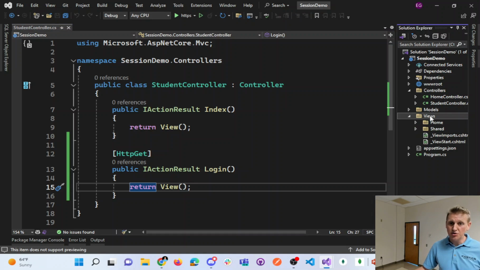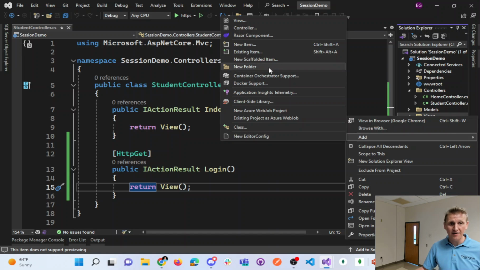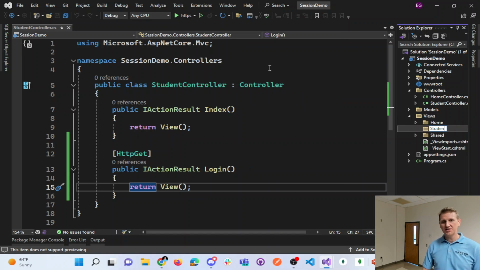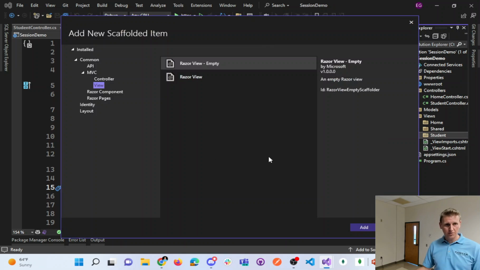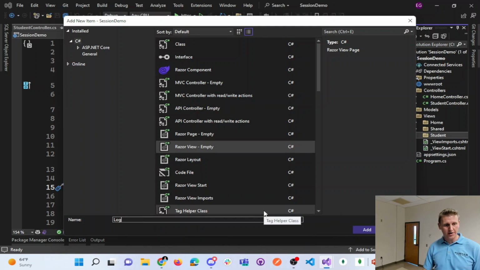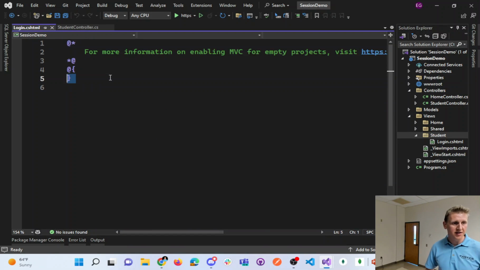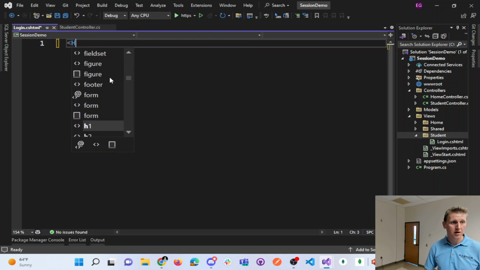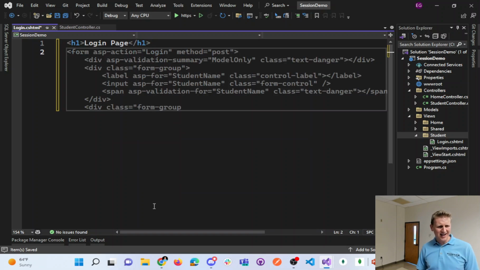which then I need to make a student folder inside of my Views. So add a folder called Student, because that's the name of my controller. And then I need to make a Login Razor view. So I'm going to add a view called Login and delete this template stuff here. With a login page,